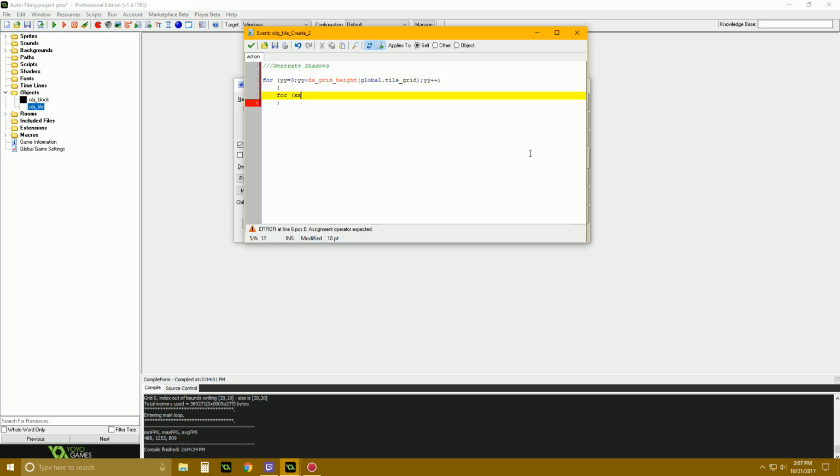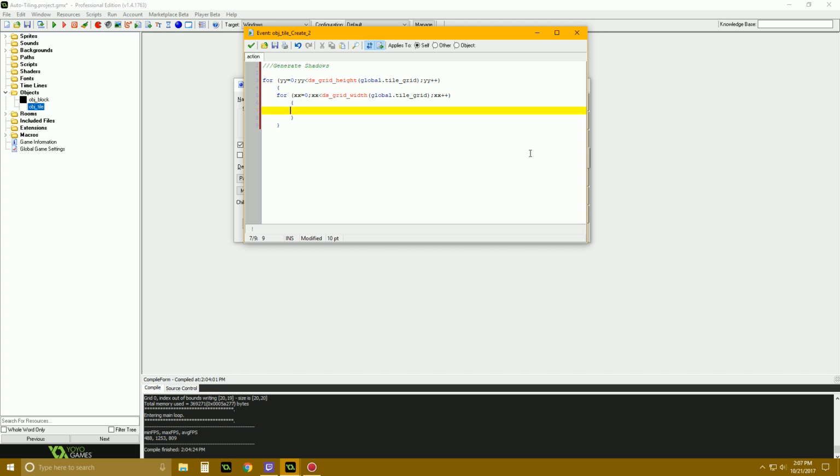For xx equals 0, xx is less than ds_grid_width, global.tile_grid, semicolon, xx plus plus. Now, we're going to do the same type of thing, except we're looking for different blocks,